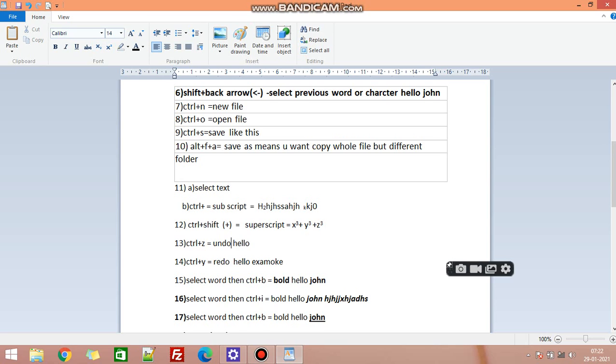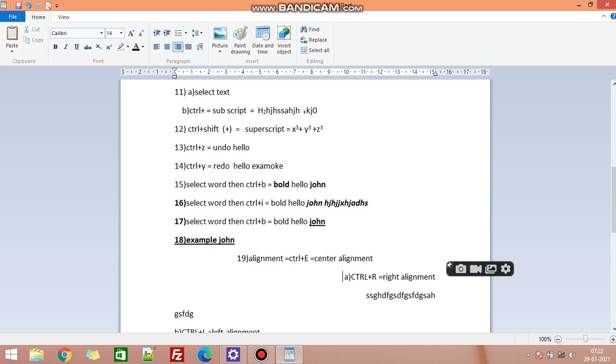That's it. Undo, redo. Redo means redoing the previous thing we were doing. Undo means undoing what we have done previously. It will again reform. Cut, copy, paste. Before removing the data or these things, we have to put the redo command. Select one word, Control V, Control I.